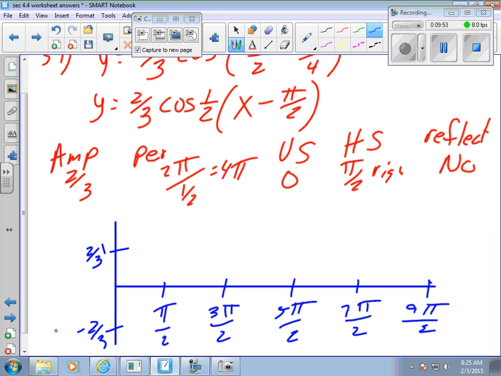points. We know that our 5 points will be at the top there. We'll be at the top there. We'll be at the bottom at the third point. We'll be going through the x-axis at the second and fourth points. So our graph will look